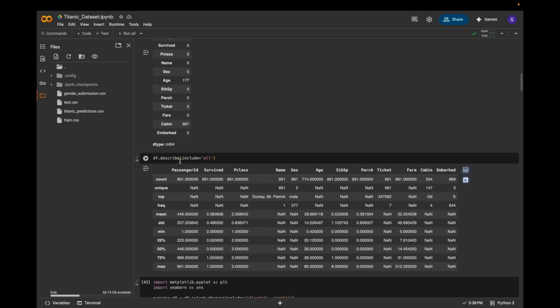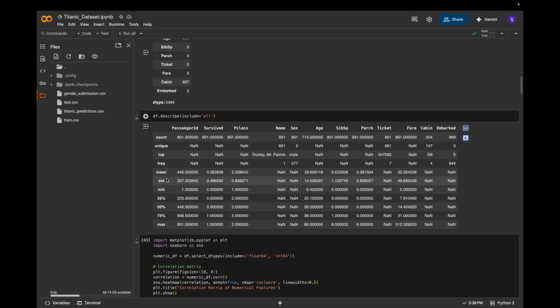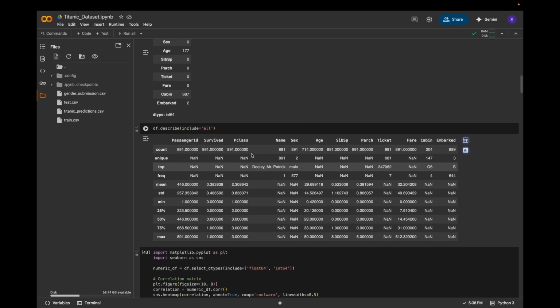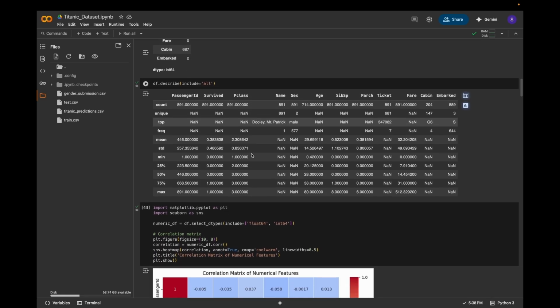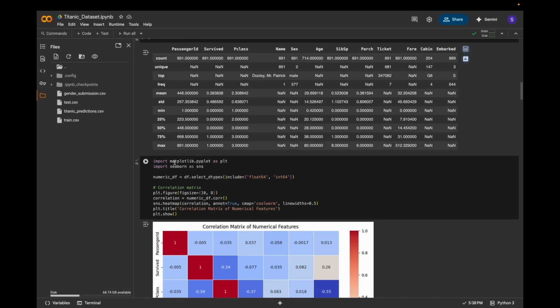Then we do df.describe. That gives out all the information such as count, unique, top, frequency, mean, standard deviation, minimum, 25th percentile, 50th percentile, 75th percentile, and maximum for each category of all the data. Then we move on to doing a correlation matrix by importing